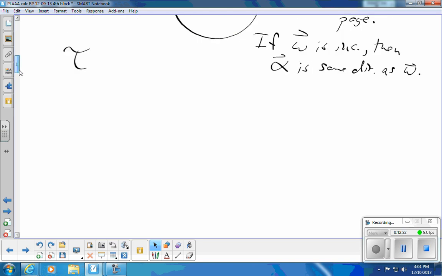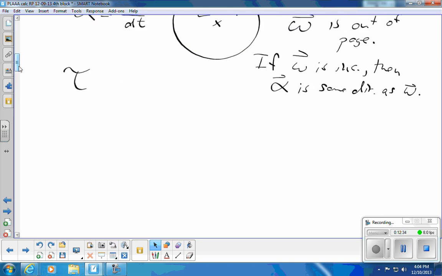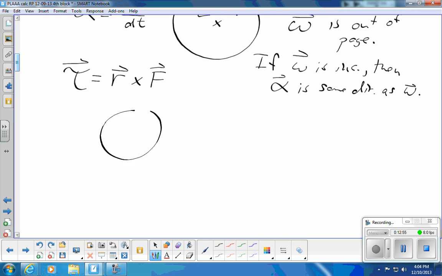See, we've been defining torques as clockwise and counterclockwise, but in fact, the direction of a torque actually has a more rigorous definition, because formally, torque is actually a cross product of R cross F, these two vectors, meaning the following: if you have a pulley and you have a rope that's pulling on the pulley, there's a mass hanging off of this pulley, and I might say, oh, the tension force,